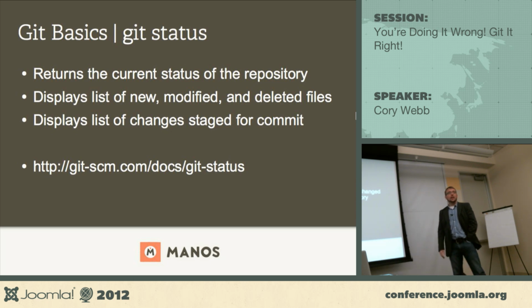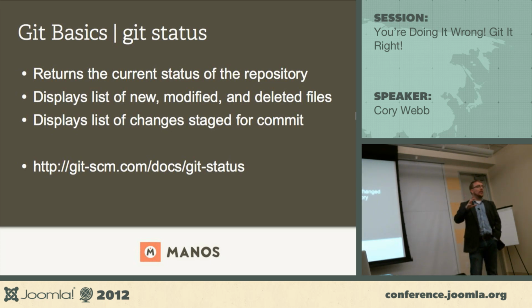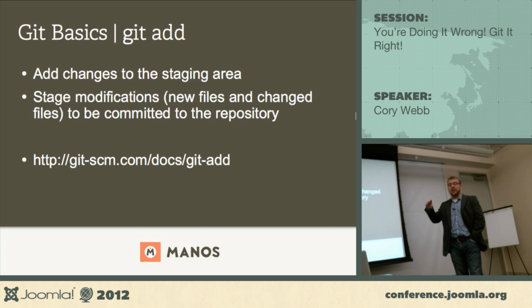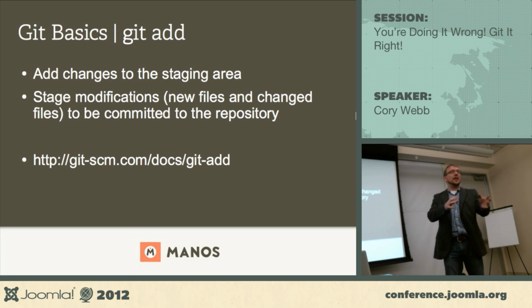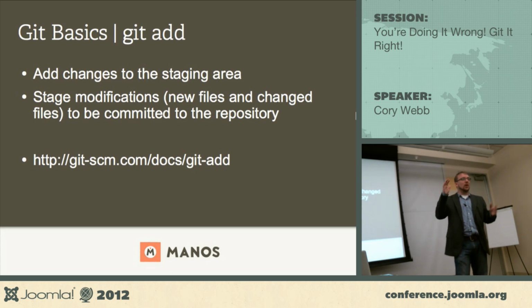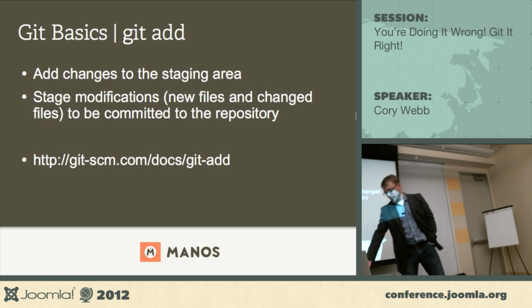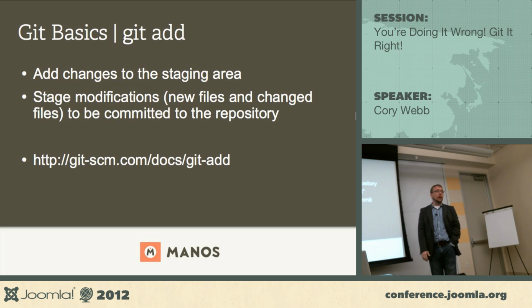Git add. So any changes that you've made that have not been added to the staging area, you use git add to add those changes to the staging area. So I usually use git add dot, and that adds all the changes. I'm not advanced enough to get into staging only this change or that change. I just stage them all because I'm not that advanced yet. So you can stage these modifications to be committed to the repository. So once you've added them, then you commit them, okay?